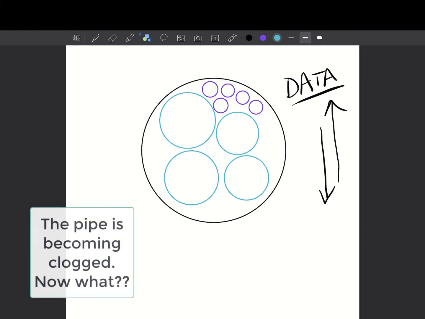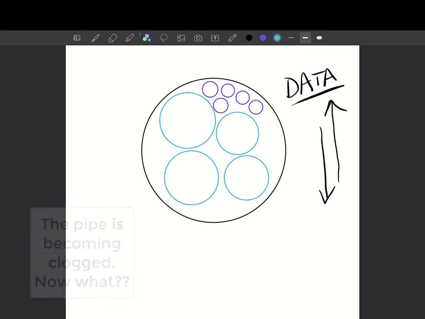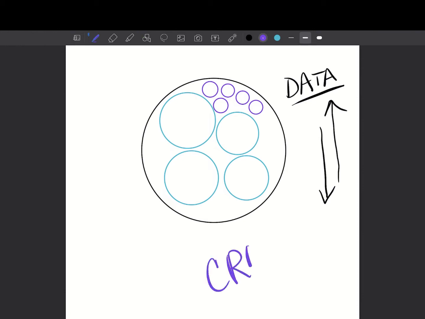All of a sudden, this pipe is getting a little bit clogged, and we don't really have space for another big activity. So if one of the kids needed to be online for a Google Meet when this is happening, we would expect one major thing to happen, and the word for that is crash.